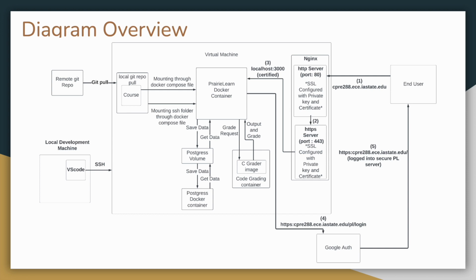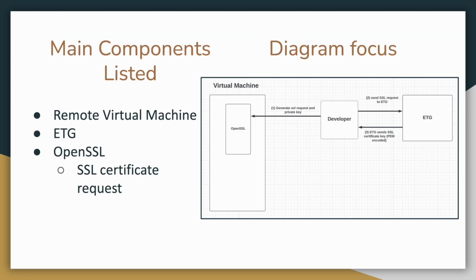So here's a diagram overview, and we'll be focusing mainly on the request and sending it to ETG. This is in the main diagram, but this is just a diagram focus. We're going to need the virtual machine, we're going to need ETG, and then we're going to need OpenSSL